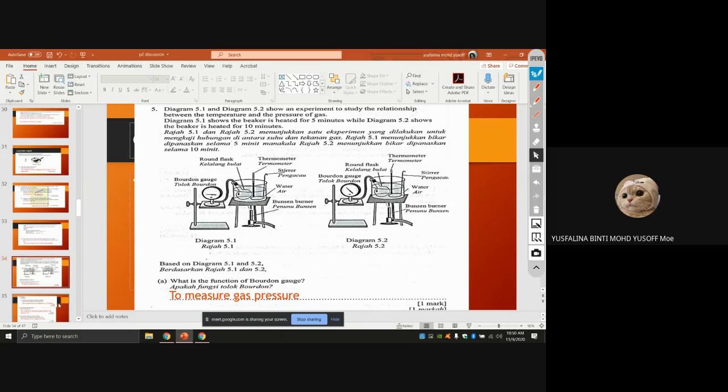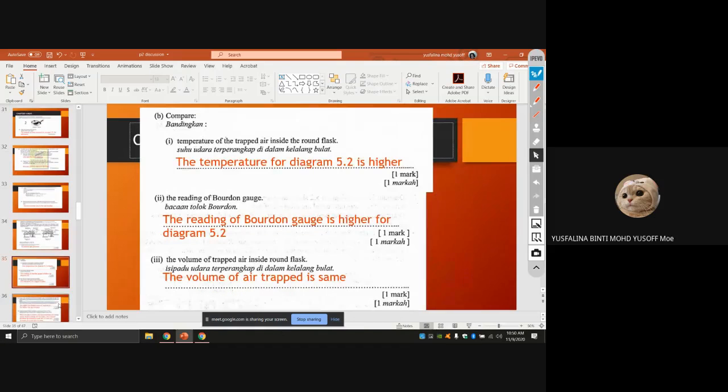Okay, next one. Compare the temperature of the trapped air inside the round flask. The temperature for diagram 5.2 is higher. And the reading of the Bourdon gauge for diagram 5.2 is also higher. And then the volume is the same. This one, because you know the gas law,